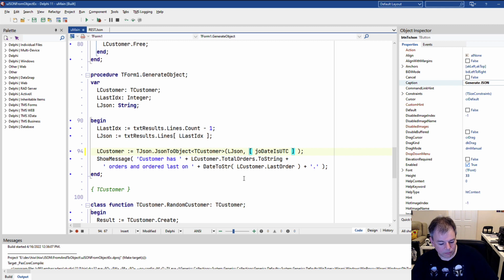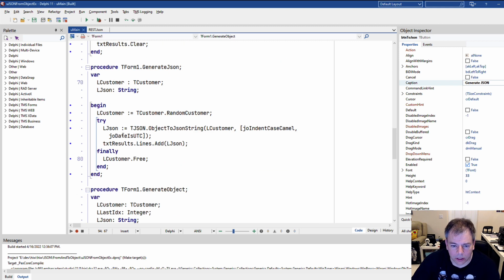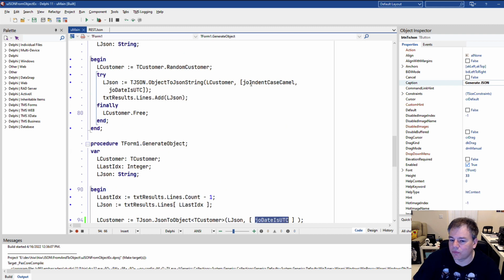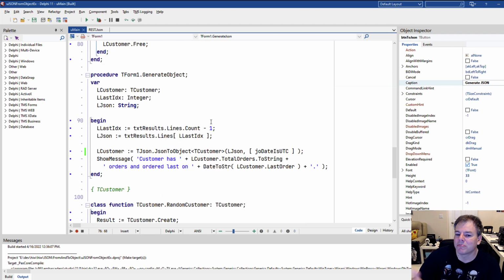In order to make sure if you encoded it this way, you also have to decode it that way. Very important. And you don't need to specify any ident case camel. That's what the function automatically sees because the string is already there. That is more or less a means to generate the JSON a certain way. If you read it, it will be understood.